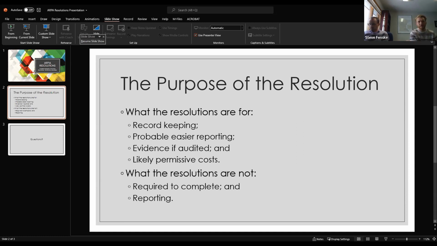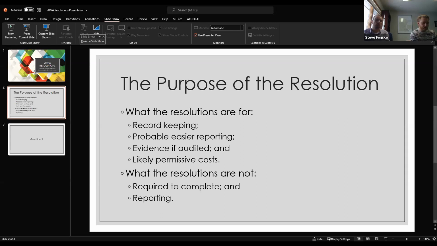Again, we don't necessarily know what reporting looks like yet, but these are not that. And so you will still have to report come the end of April. And these won't be that, though they will help in that reporting process probably.